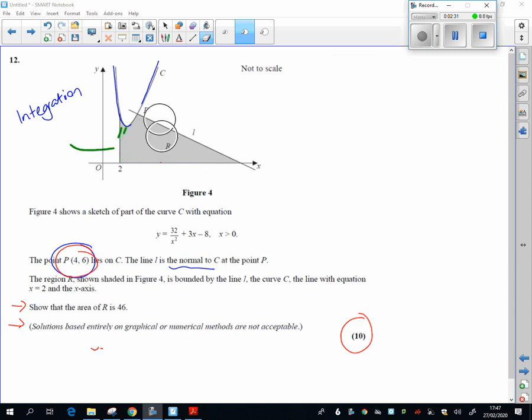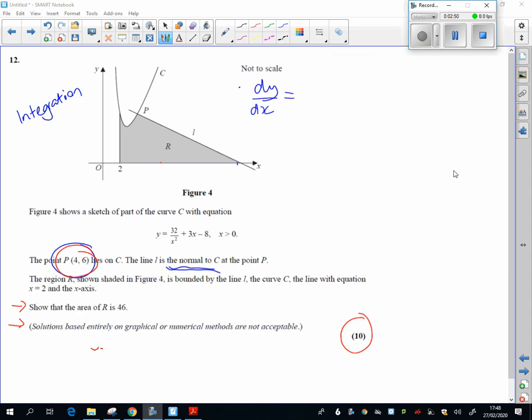Let's clear all this up. Okay, I'm going to try and fit my working here next to the diagram. So how am I going to find the equation of this line? Well, that line is the normal. So I am definitely going to differentiate the curve to find the gradient. So I'm differentiating